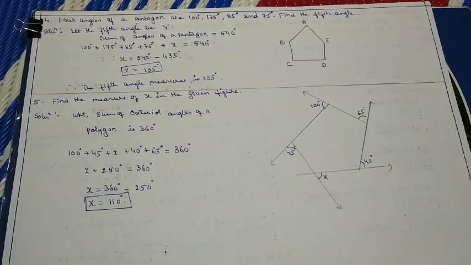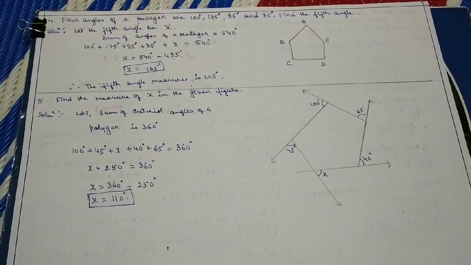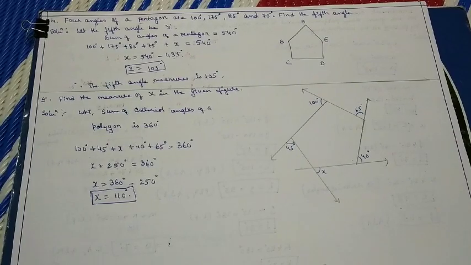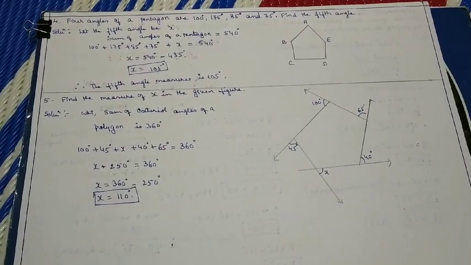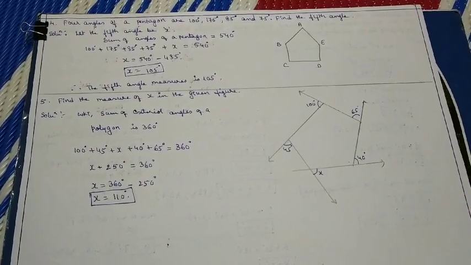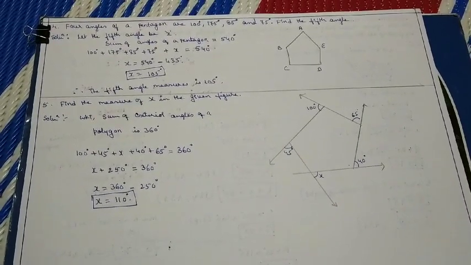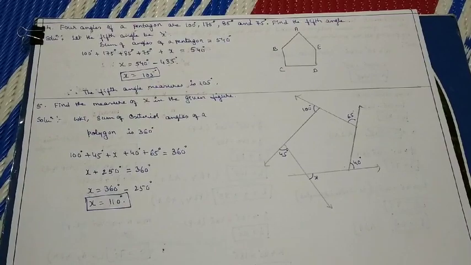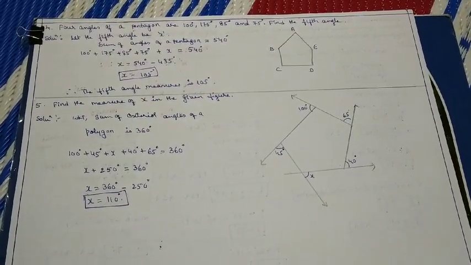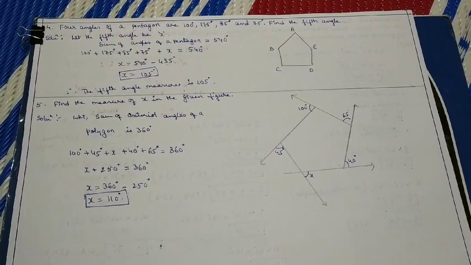So this completes worksheet 1 solving, children, and example 1, example 2 and example 3 are the same kind of questions we have solved in worksheet 1. So applying that concept you can solve example 1, example 2 and example 3, children. So that completes your class by the completion of worksheet 1.